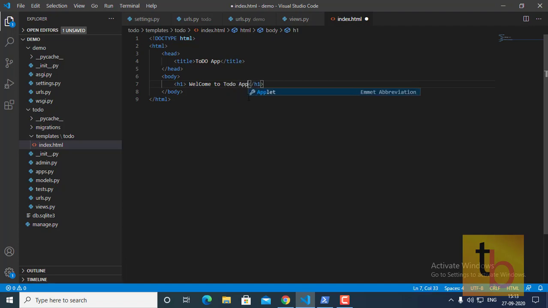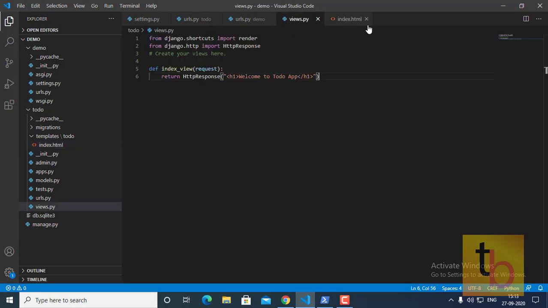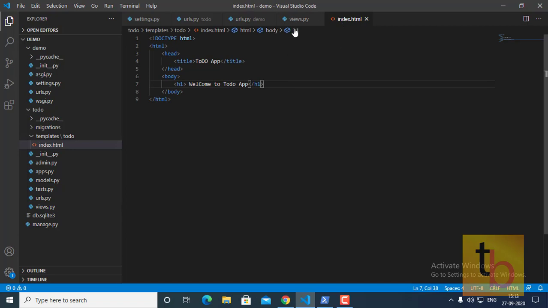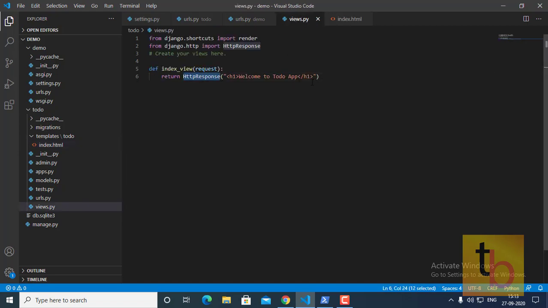We will also see how we can dynamically pass our title or this h1 tag from our views, and how we can pass database data into our HTML. Basically, that is how we can render data from our views. For that we need to change this HTTP response to the render method.